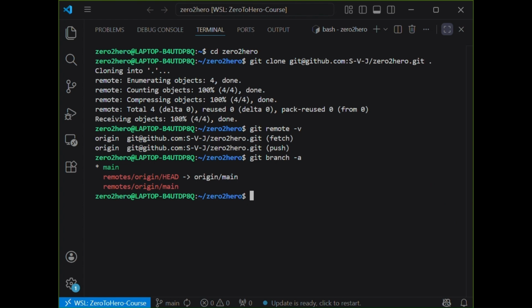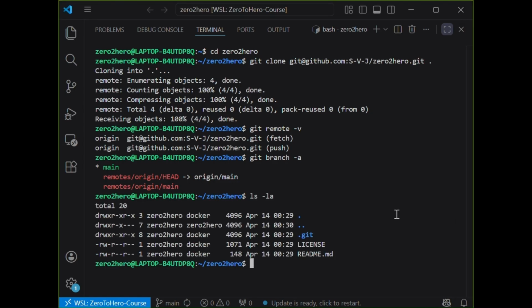That's your default branch. And list your files. You should see your license, README, and other project files. Perfect. Your local environment is now connected to GitHub. Every change you make can be tracked, committed, and pushed to the cloud.